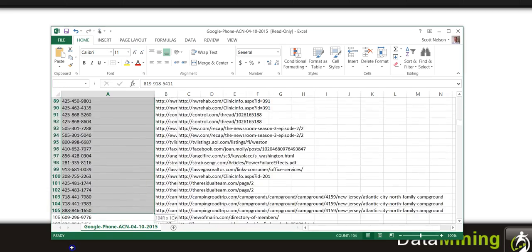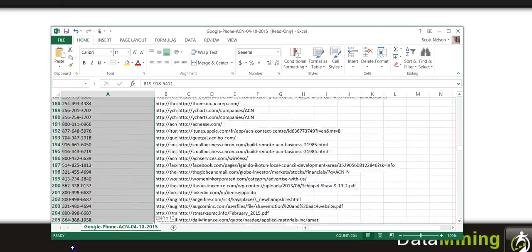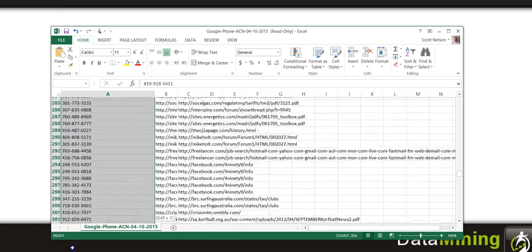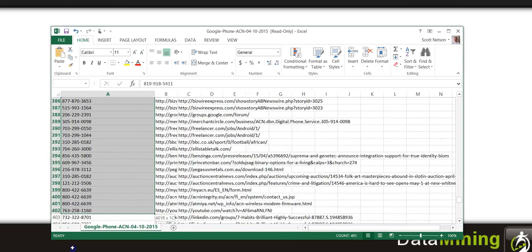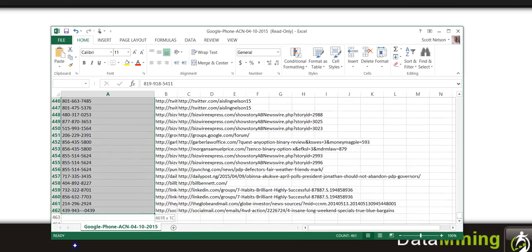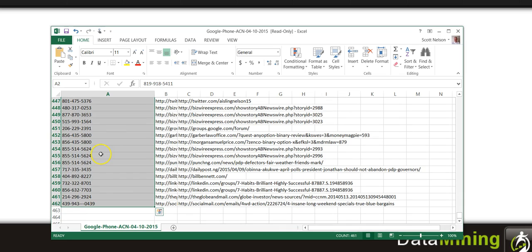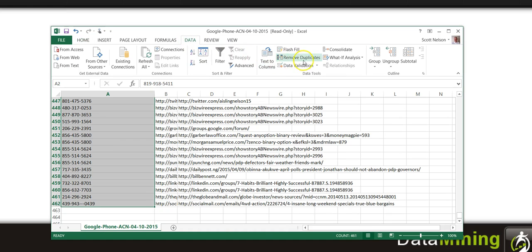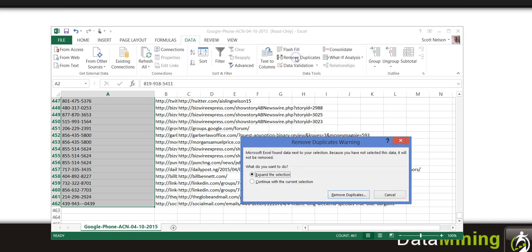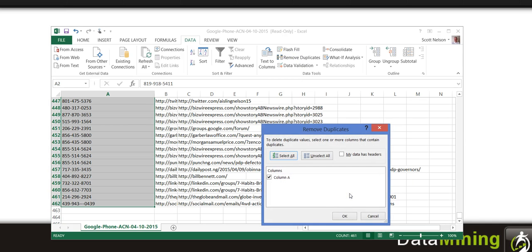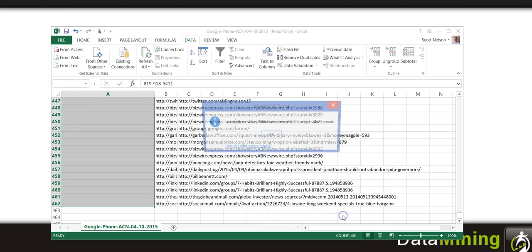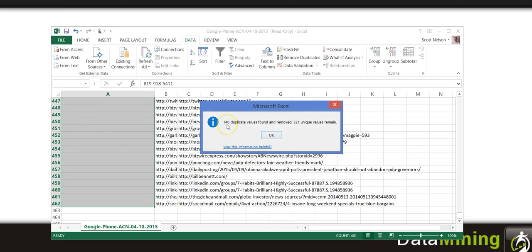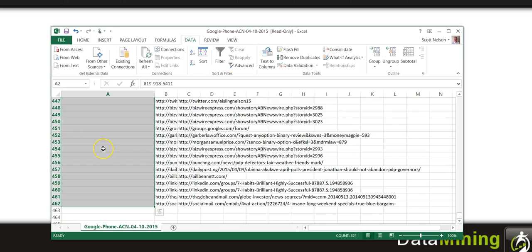And so we want to highlight column A. Okay, and we want to go all the way down to the bottom, which looks like 462. And then on your Excel spreadsheet, click on Data up here at the top, and then over here to the right it says Remove Duplicates. Click on that, and then I want to continue with the current selection. So I want to remove the duplicates in column A, and you can see it removed 140. And so that left me with